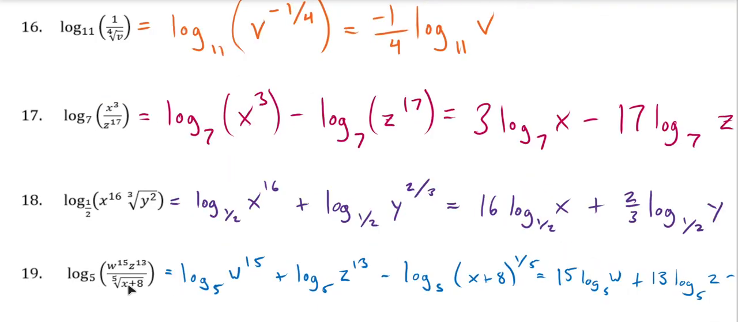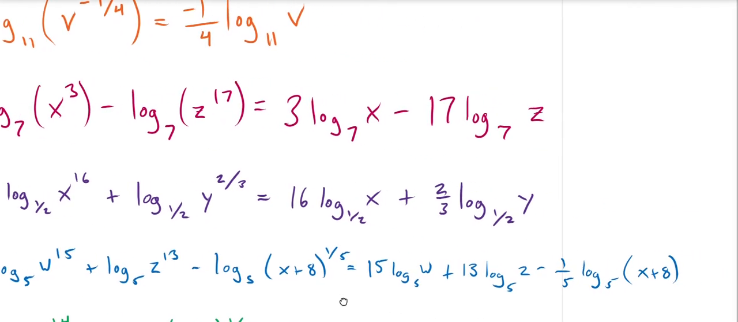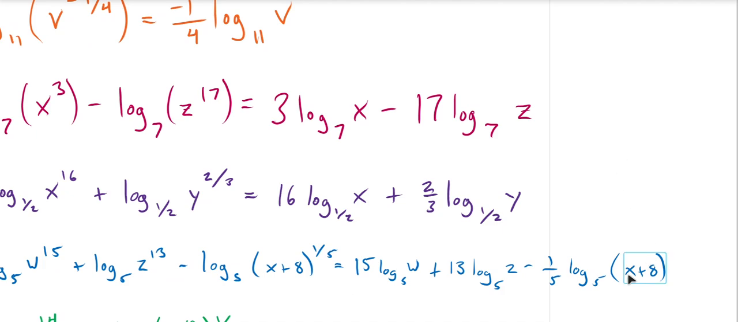This one's a little bit longer, but it's actually no more complicated. We really just need to apply our rules one at a time, depending on what's going on. I like to take care of my multiplication and division first. That's going to pull out pluses and minuses as such. Then we're going to take these powers, including the 5th root, which is a 1/5 power, and we're going to pull those up front. I want to remark here that the log base 5 of x plus 8 cannot be